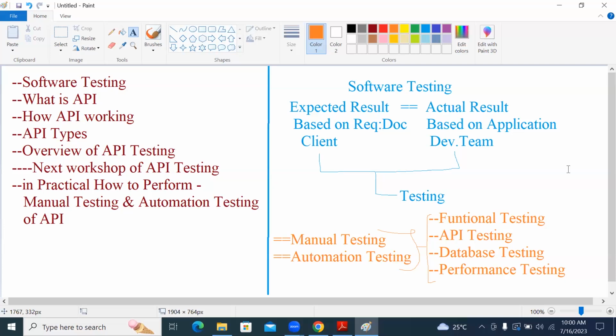So now, our main agenda is API testing. As part of this workshop, our main agenda is API testing, practically, like in a project, from a real-time perspective. Now assume that you got a testing job, a project related to API testing. Then how to perform API testing manually and how to perform API testing with automation, that is what my